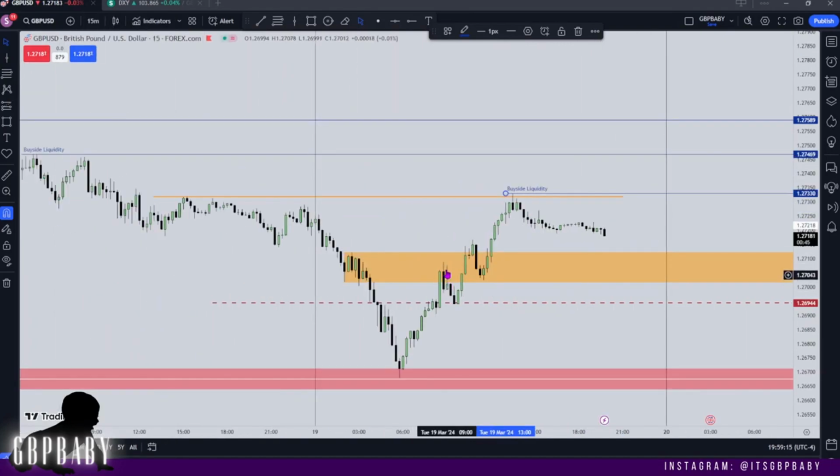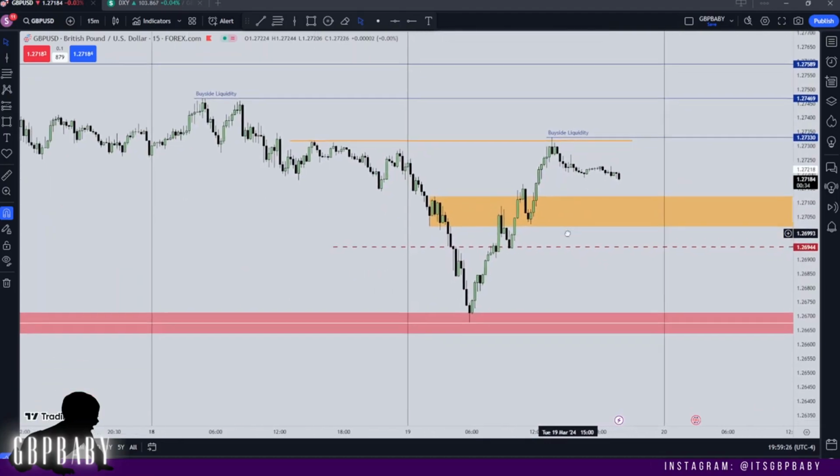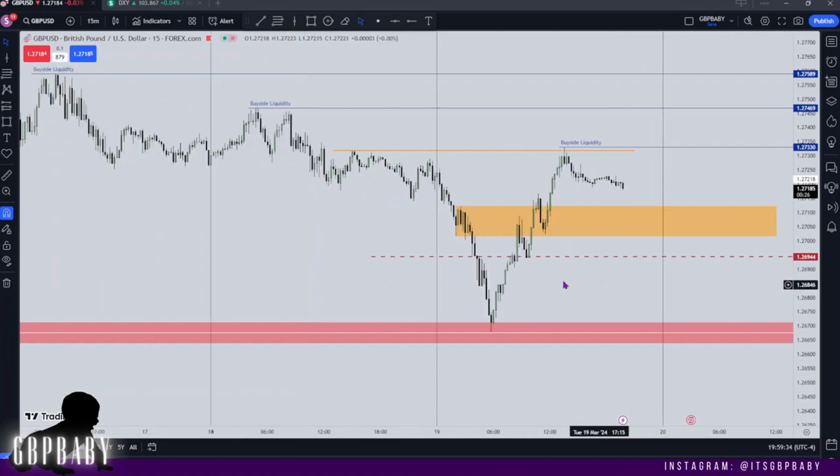If you go to the 15-minute, you can see how these order blocks are stacking inside each other. That's nice to see. So I'm looking now to see, can it provide the support we need, like I said, to trade higher. So yeah, again, this is the lowest price I want to see price go. If we go below here and we start digging deeper back into this range, I will be a little bit more conscious, a little bit more nervous in terms of not wanting to see that happen. It can do it, and that's why we need to be careful, especially with FOMC and whatnot. So that's just something to take into consideration,